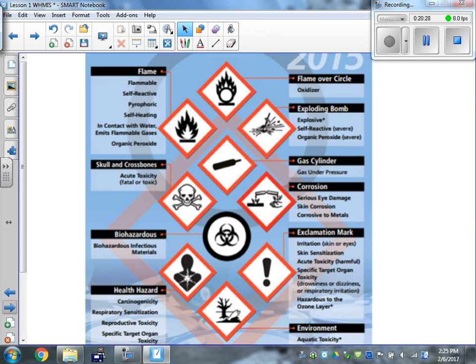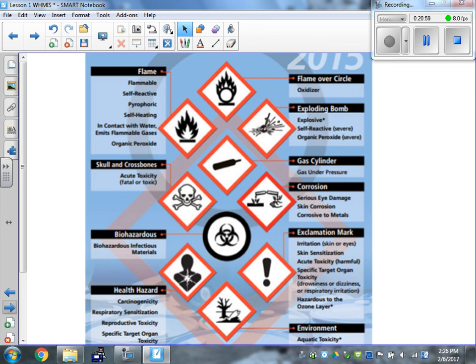Okay. And once again, you'll have this in your notes there, guys. But basically, the flame one here, for example, means flammable, self-reactive, pyrophoric, self-heating in contact with water, emits flammable gases, organic peroxides. Flame over the circle means oxidizer, exploding bomb, of course, explosive, self-reactive, organic peroxides, gas cylinder, okay,